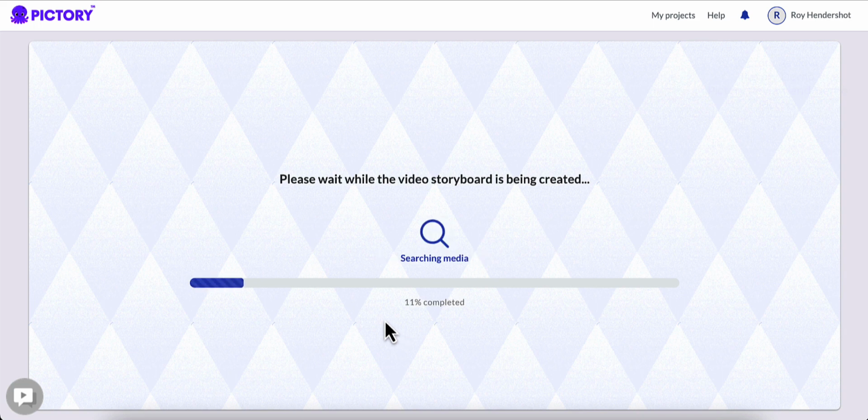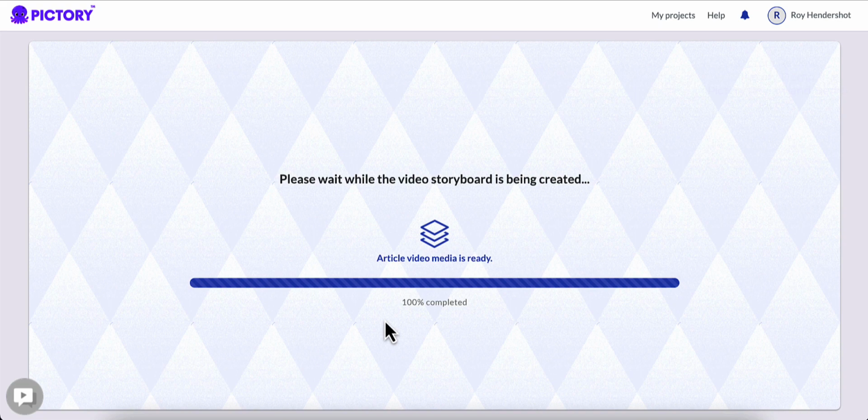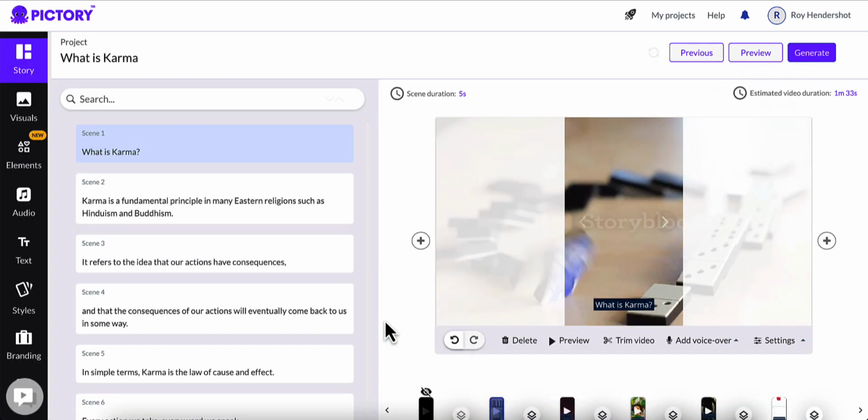Now it's going to go ahead and make a storyboard for us, which means it's going to take our text. It's going to analyze the text that we put in, which is our script, and then it's going to select the best type of media that it thinks would be best for us for each slide.